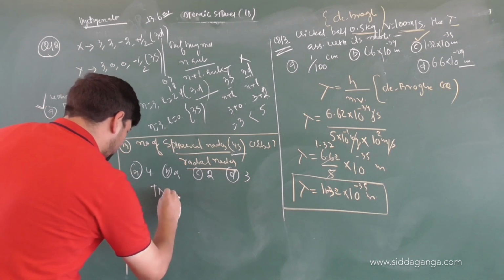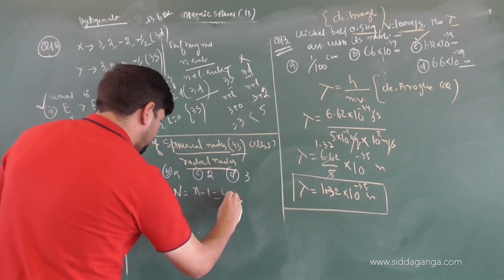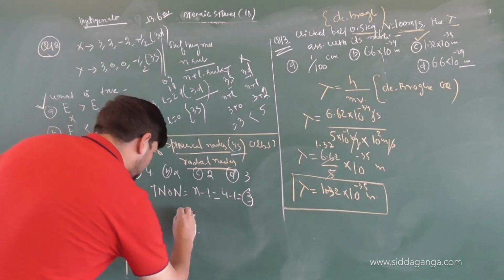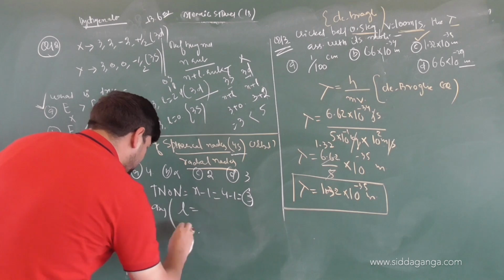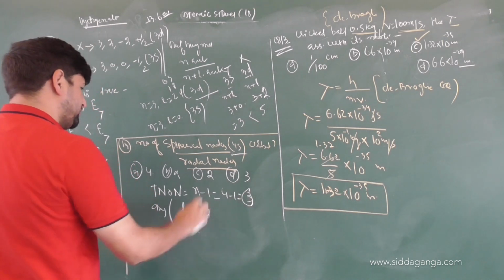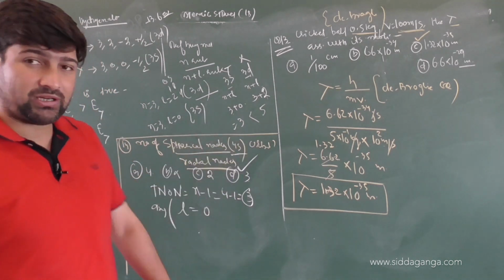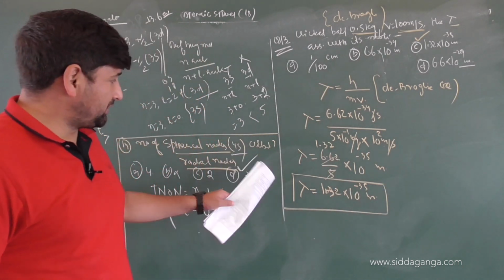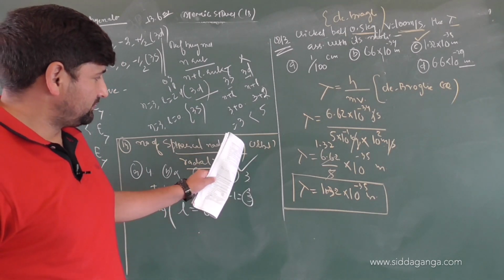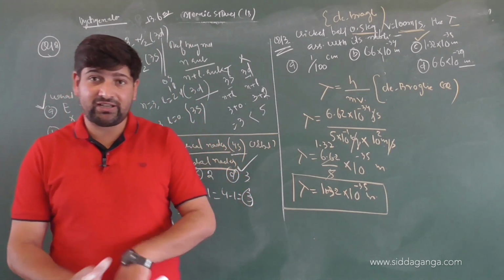Now, what is the number of radial nodes associated with any atom? Total number of nodes will be n minus 1. What is the n value here? 4. 4 minus 1 will be 3. Total number of nodes will be 3. Out of which, L will give what nodes? Angular. What is the L value for s? 0. So there is no angular node. All the nodes will be radial nodes. So with 4s orbital, the total number of radial nodes will be 3. Clear? Am I clear with the statement, children?